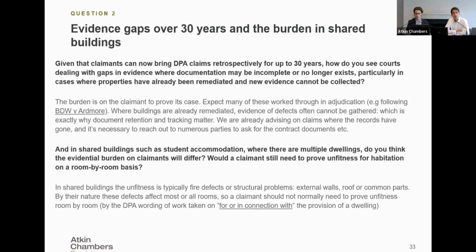Question 2 is mainly about evidence gaps. So firstly, given claimants can now bring claims retrospectively for up to 30 years, how do you see courts dealing with gaps in evidence where documentation may be incomplete or no longer exists, particularly in cases where properties have already been remediated and new evidence cannot be collected? And I think the answer to that is that the burden is on the claimant. Records, records, records. You have to adduce and find the relevant contracts, the as-built layout in order to properly plead your claim. And that's obviously going to be difficult where you're going back to the 2000s and the 90s